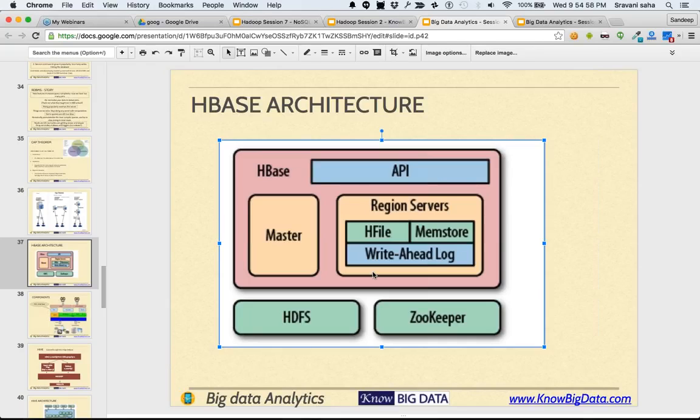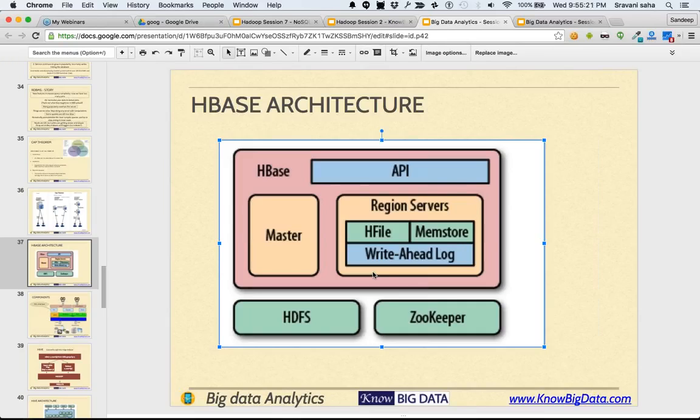So the master stores the data on region servers, and initially there is only a single region of the table. The whole table is a region, and then as more and more rows get inserted into the table, it is split into two equal parts, and those two equal parts move to different region servers.